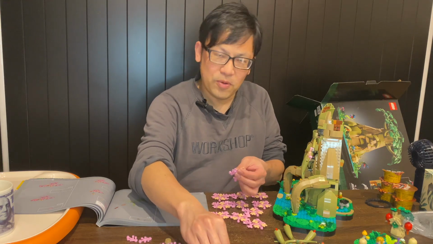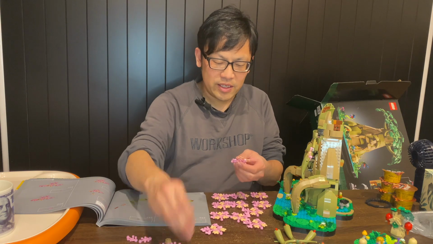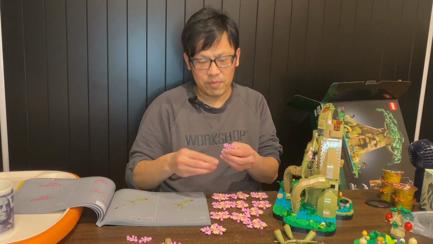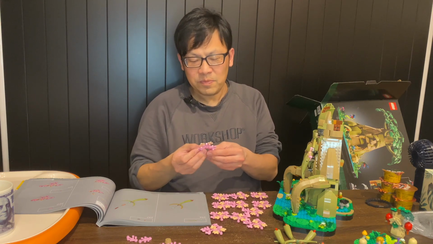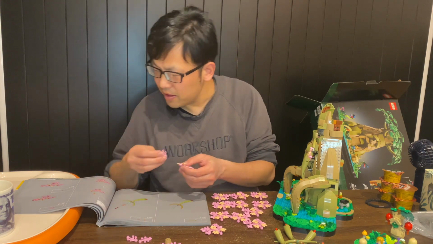Yeah, that's always a problem with 2-in-1s and 3-in-1s. It's like all the Lego Dreamzzz sets. I always just choose one and I don't even bother to. Those are slightly easier, less complex than this one, but